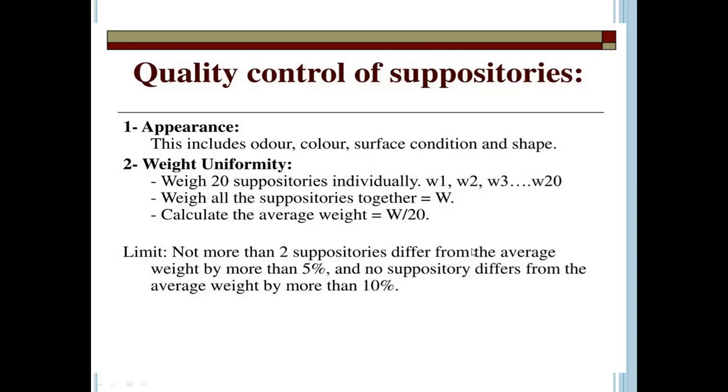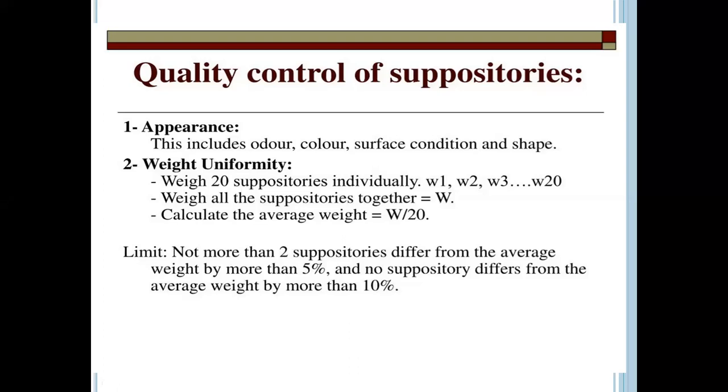Not more than 2 suppositories differ from the average weight by more than 5%, and no suppositories differ from the average weight by more than 10%. म्हणजे suppositories आहेत, not more than 2 suppositories differ from the average weight, म्हणजे त्यांच्या average weight मध्ये दोन suppositories, more than 2 suppositories, more than 2 means 2 पेक्षा जास्त suppositories मध्ये difference यायला नाही पाहिजे, and it should be more than 5%, and weight should differ from the average weight